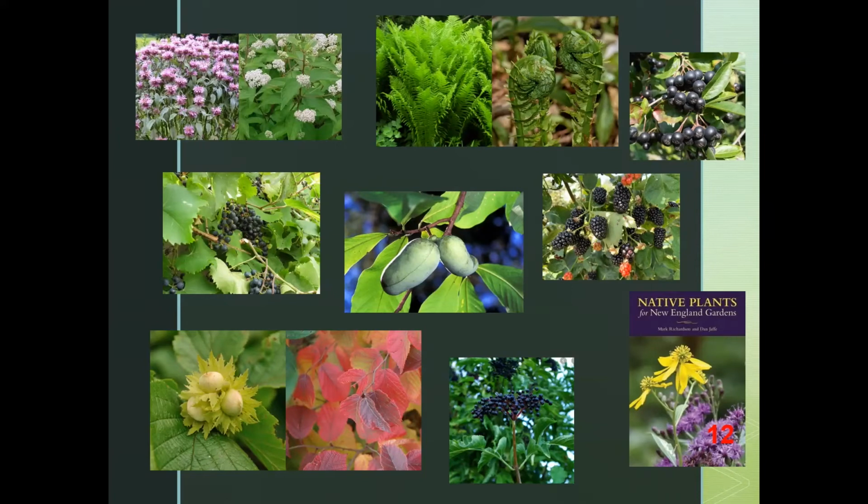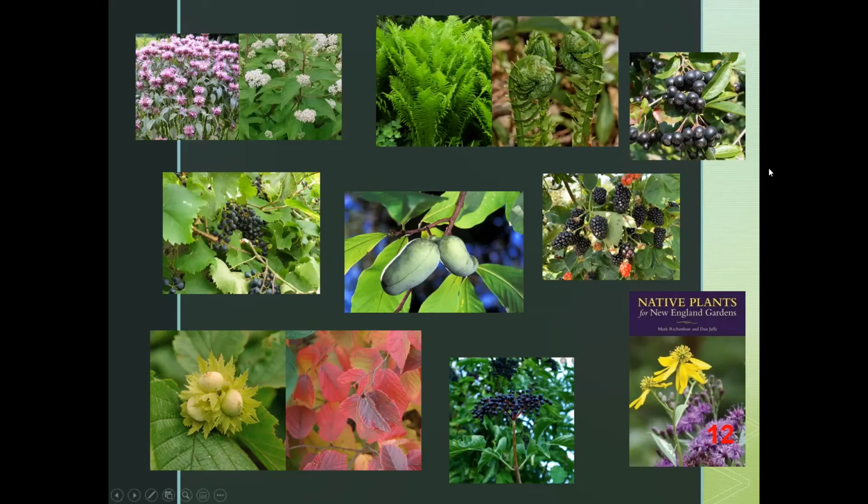Ostrich fern is one of our largest native ferns. It creates wonderful accents in the landscape, especially in partial shade areas. But as the fern is just leafing out in the spring, it produces these fiddleheads, which are edible. They're great as a fresh addition to salads, or you can stir fry them. Once you get a good colony of this ostrich fern going, it will create a good supply of these fiddleheads.